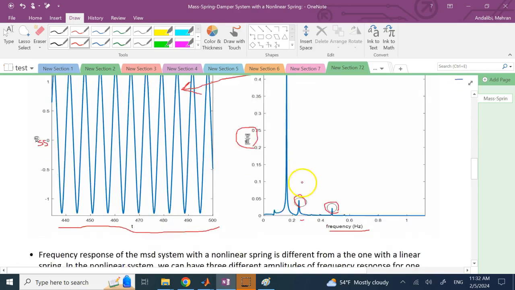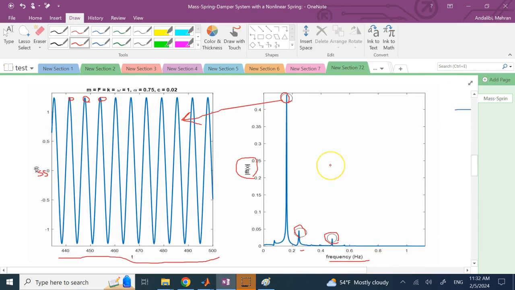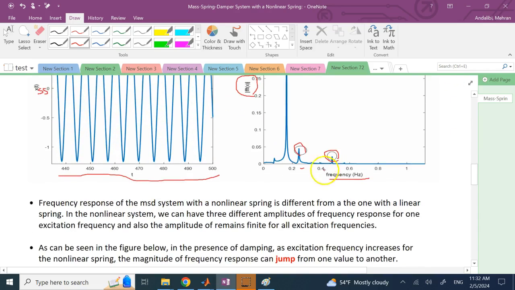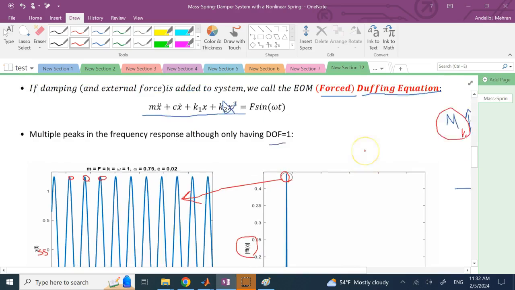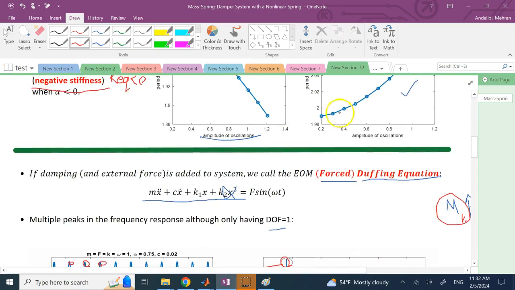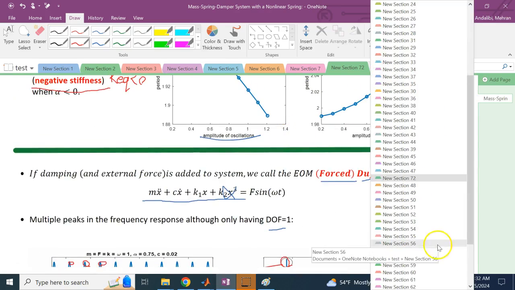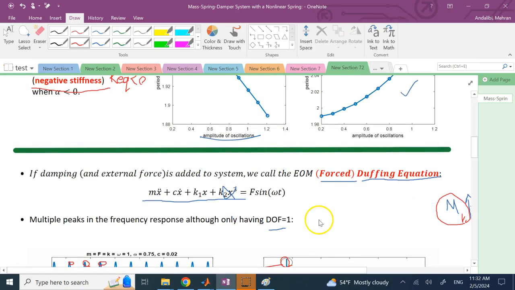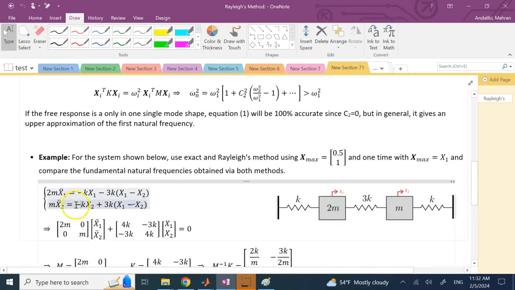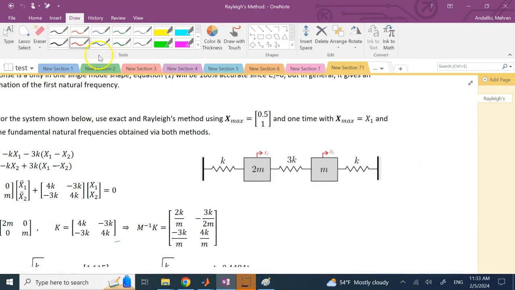So you see multiple peaks. This kind of behavior you see in systems with multiple degrees of freedom if they are linear. Just like the example I showed you previously, remember in my previous video on Rayleigh, if I look at this system, where it has 2 degrees of freedom, and if I excite it with some harmonic function, like f sine omega t or something, in this system,